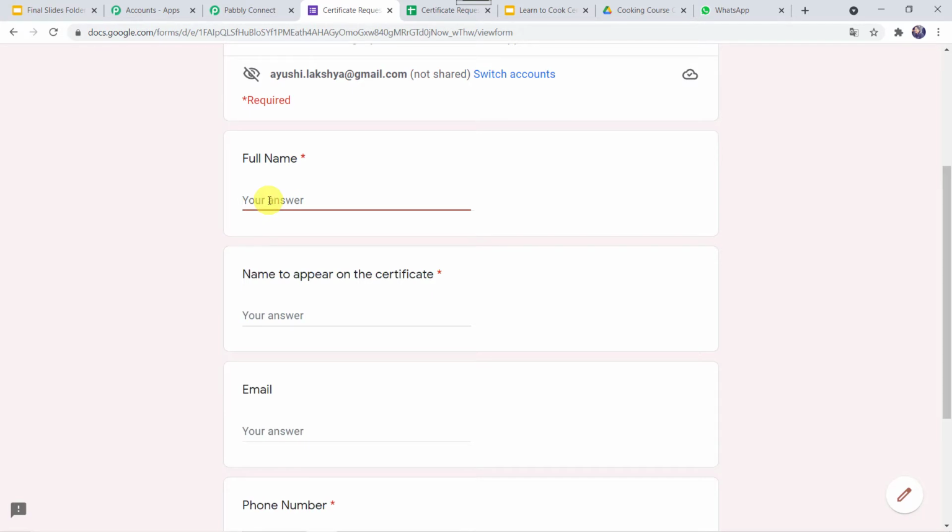So I'll just fill up the Google form over here. I'll give the name of my participant, Suman Verma. Name should be Suman Verma itself, and email ID is suman58verma@gmail.com.